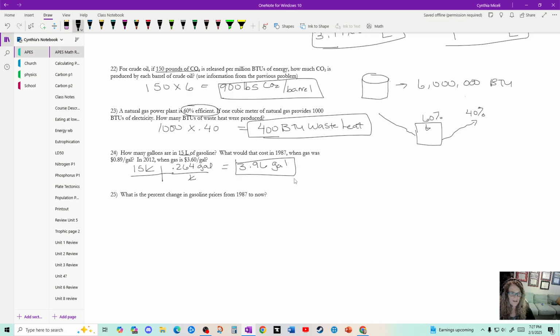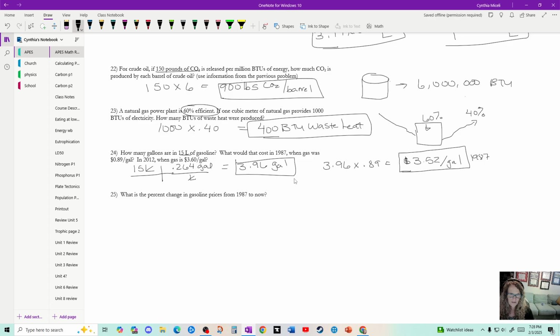That's the first part. Now it says, what would that cost in 1987 when gas was 89 cents a gallon? So I take 3.96 times 0.89 and put that in my calculator. It is $3.52. Very important you use the dollar sign. Remember, this is money, so you round for cents. So we wouldn't want to see like 3523 because that's not how we do money. And you must label this. This is for